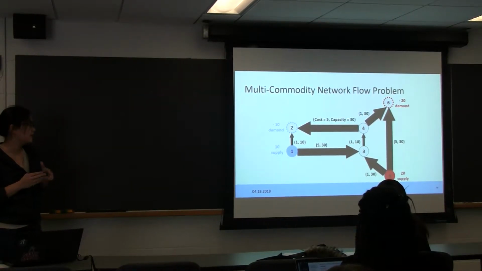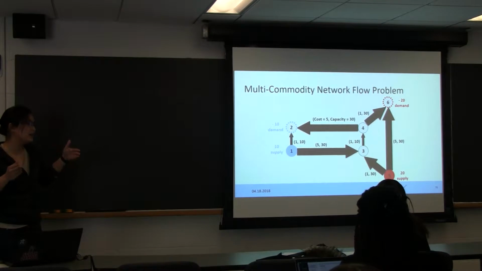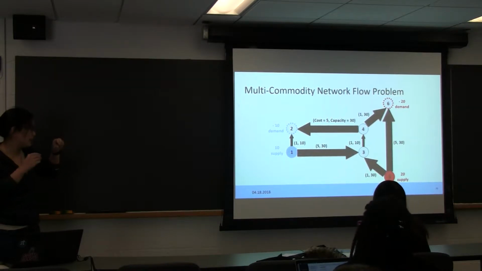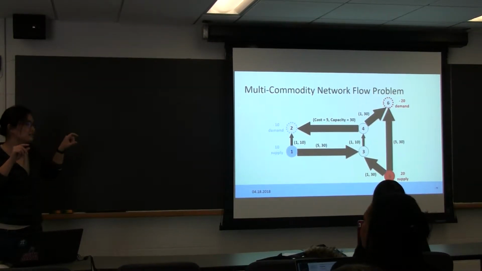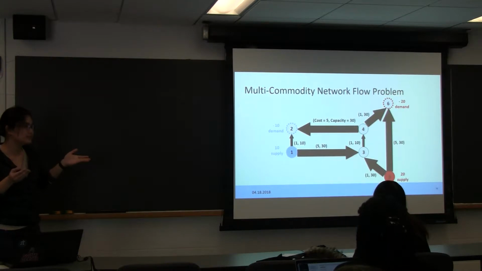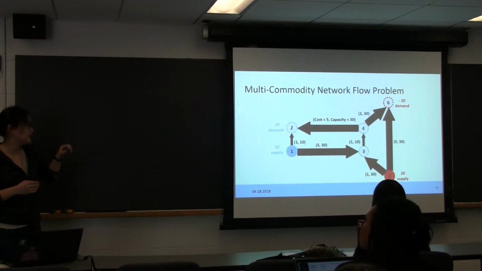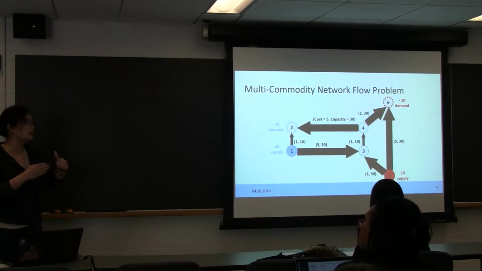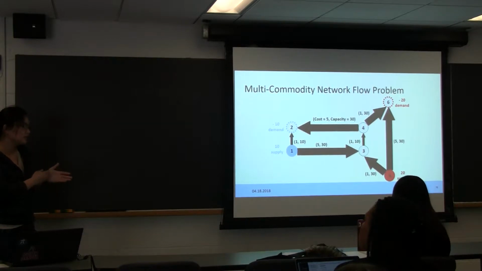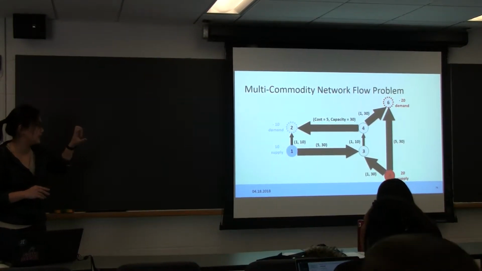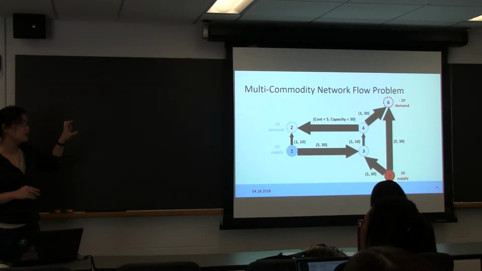So let's say you have a longer road, like 5 kilometers, then you might need 5 time steps to go there. And I denote a longer link to represent a higher cost. And the capacity is how big the road is. So the bigger the capacity, it means more trucks or more commodity can be delivered at 2 time steps. So you can see the capacity of 30 has a thicker arrow than the